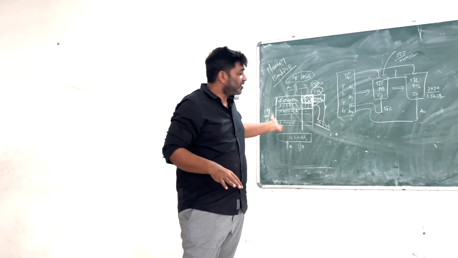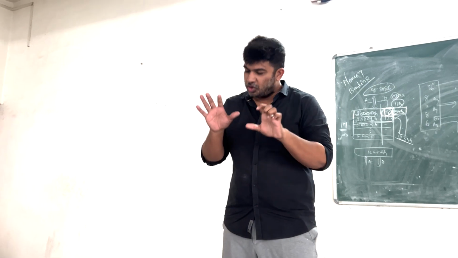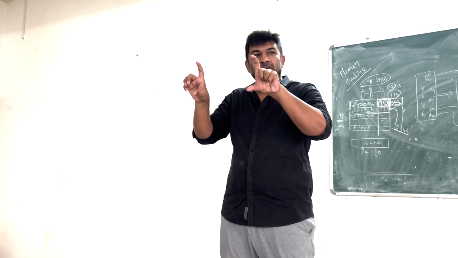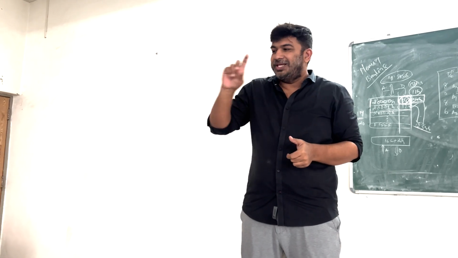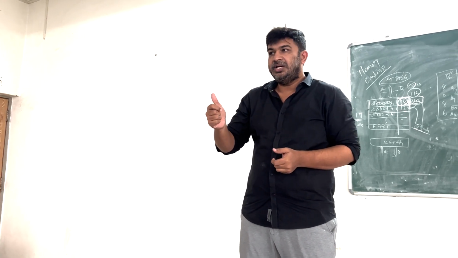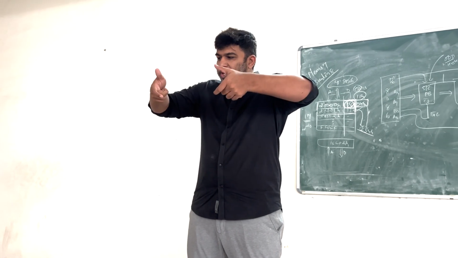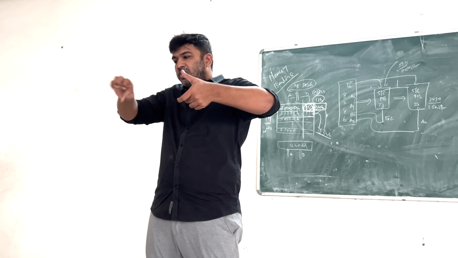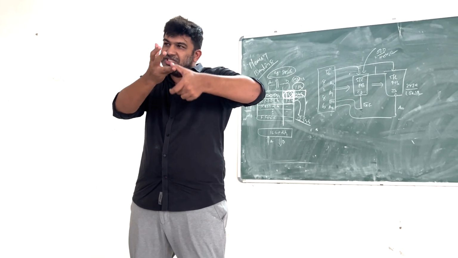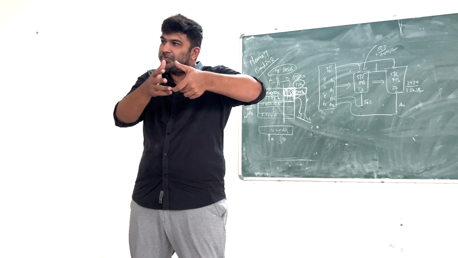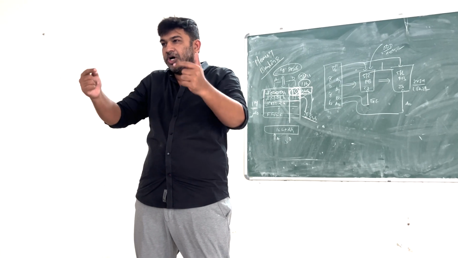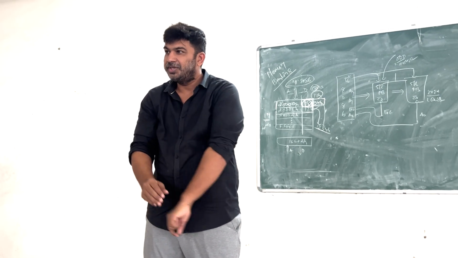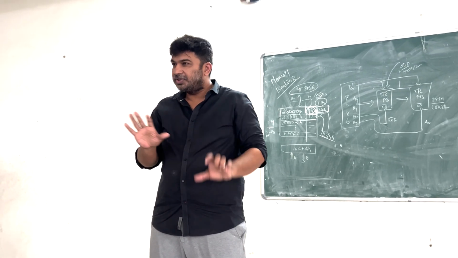Now, what is the solution for this problem? The solution is that they have divided your full memory into 2 different chips. Whenever I say chip, each chip has a chip select signal. If I want to access this chip, I will turn on the chip select signal of this chip and access something from it. So I can do 8-bit operation. If I only select this chip, I can do 8-bit operation here also. And if I turn on both chip select signals, I can access both chips simultaneously and do 16-bit operation also. Understand? This much is okay.